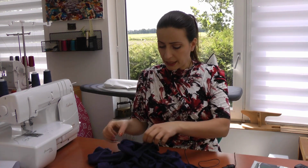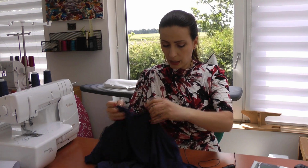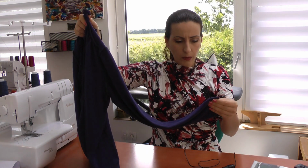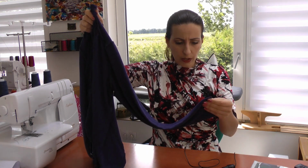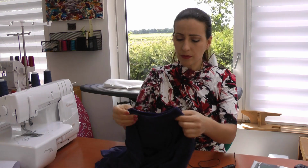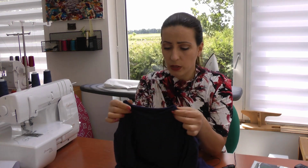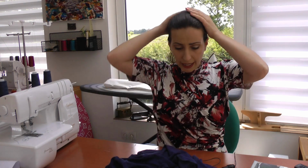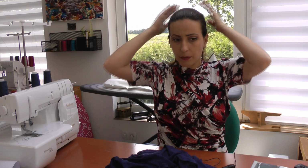What I changed in making this pattern, I did make obviously the long sleeve on this one. I cannot remember, I think I did not cut anything from the sleeve. I did not shorten the sleeve. But what I did change was the pattern itself. It has two facings, or a facing to front and back. And in the back, the back panel is cut with the center back seam, because they make a slit there with a little button